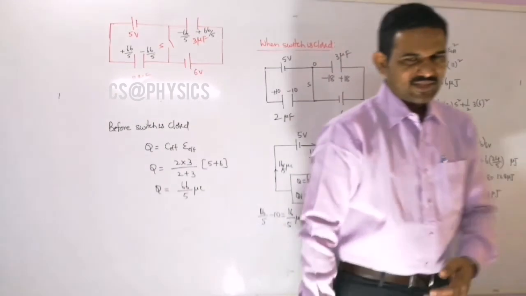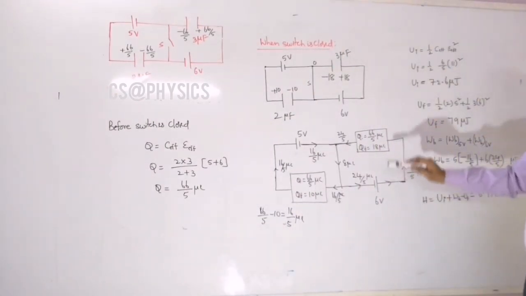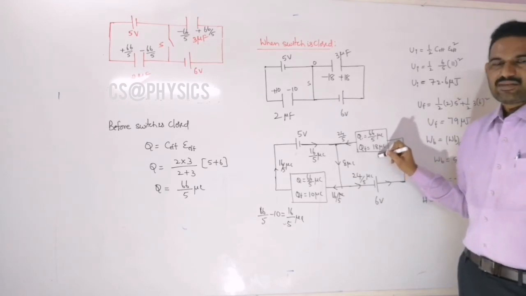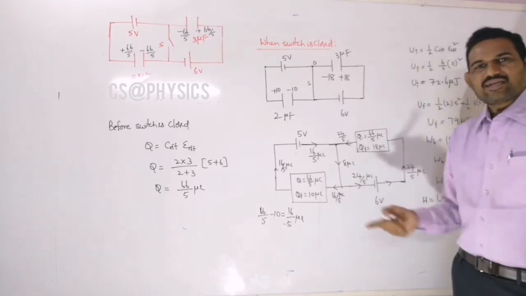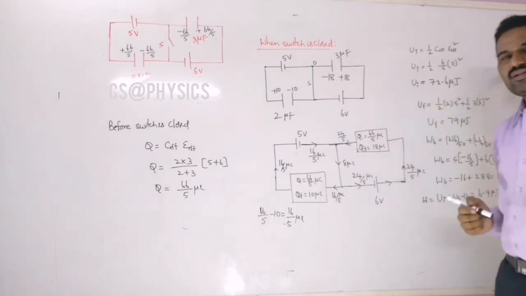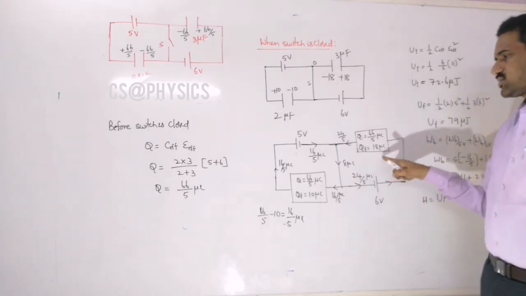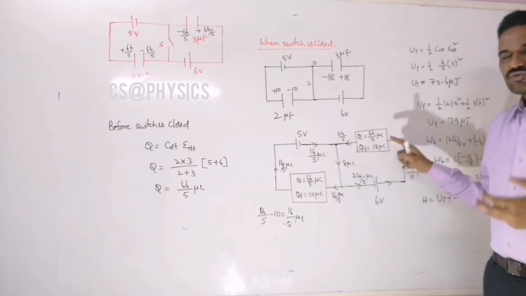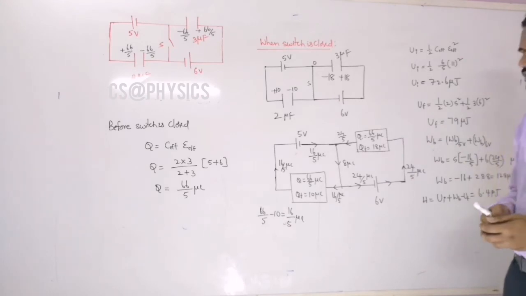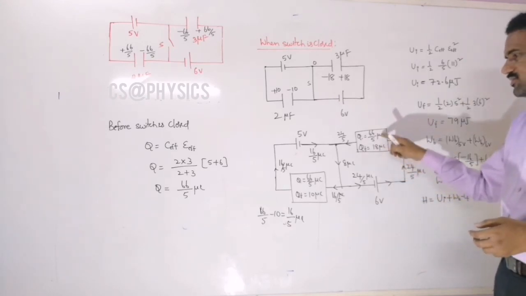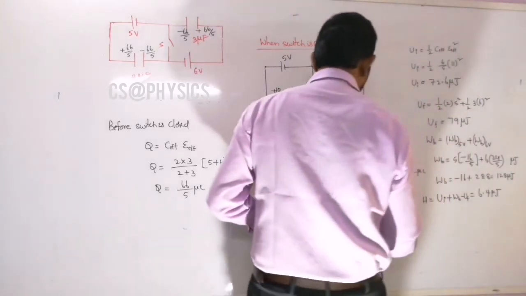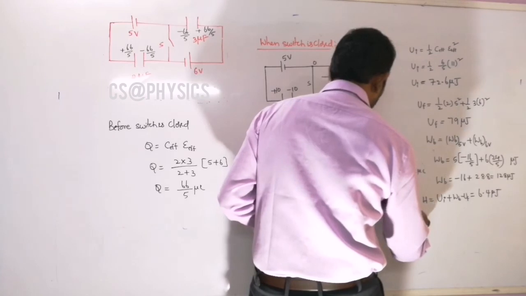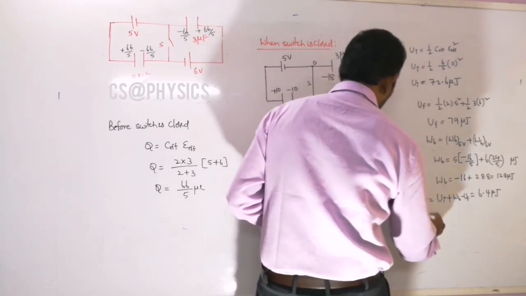Now similarly for the second capacitor, let us identify here. For the second capacitor, the initial charge is 66 by 5 and the final charge is 18. Now the charge on that capacitor is increasing, right? Because this 18 is more than 66 by 5. So the charge on this capacitor is increasing, which means some additional charge should come from the battery. How much additional charge is coming from the battery is again the difference between these two, that is 18 minus 66 by 5, which is 24 by 5 microcoulombs.